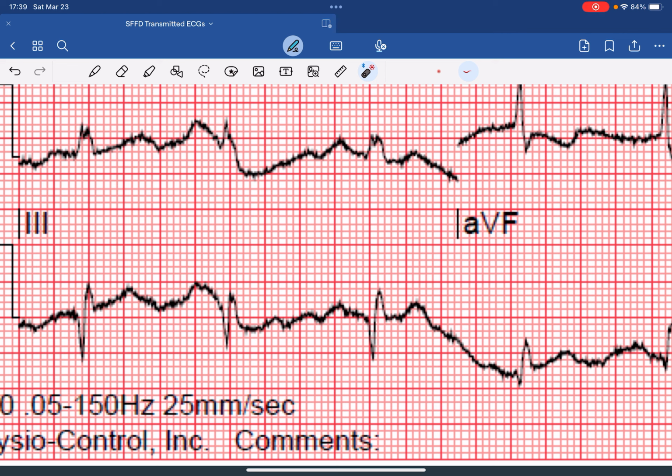Generally speaking, you would expect the Q waves to be tiny. However, if the Q wave is greater than or equal to 25% of the overall QRS complex, then that is very concerning that this is a pathological Q wave,